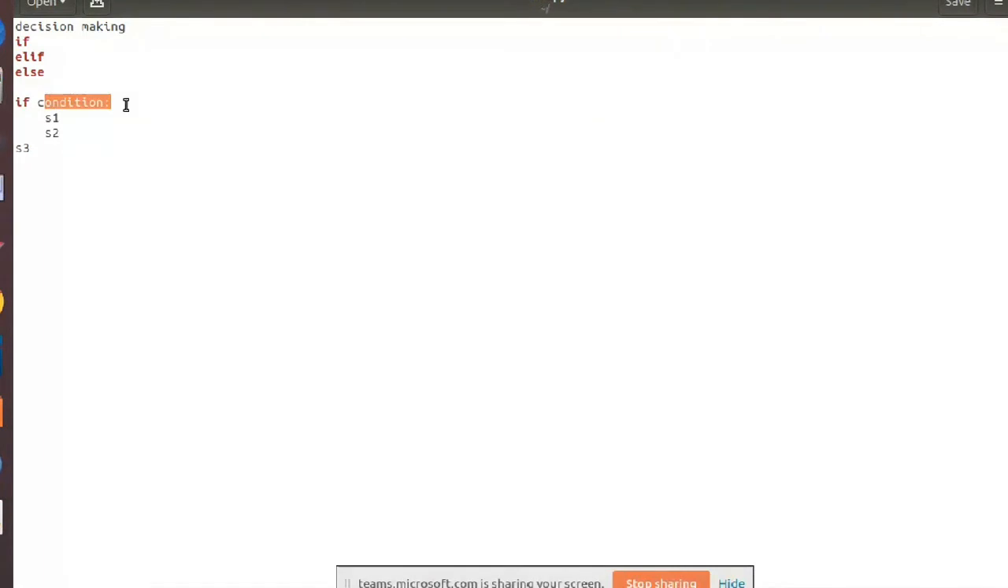If can also be suffixed, or it can always be followed with an else. Okay, fine. So there can be an else, or there can also be an elif. Okay, fine. It can simply be if and else. Okay, if can